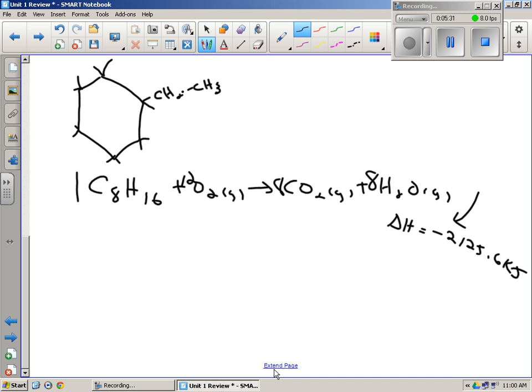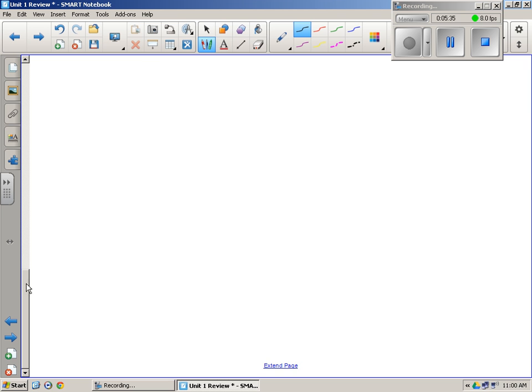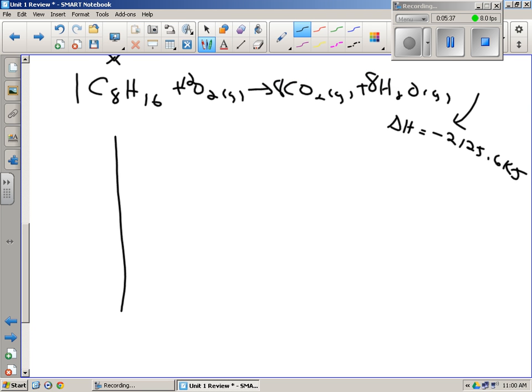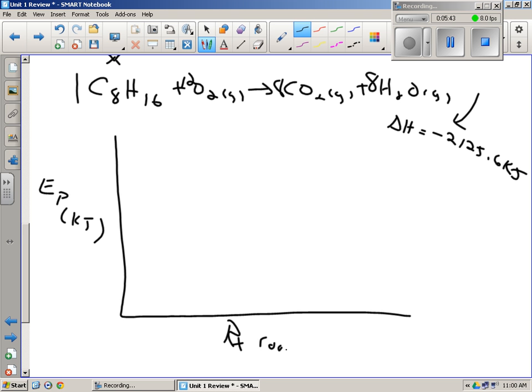I'm going to do a potential energy diagram. Okay, well, a potential energy diagram looks something like this here. All right, so potential energy, kilojoules, the reaction coordinate, basically, you know, time usually is something we put there. So you're going to start with this graph, exothermic reaction, negative, high or low? High, the correct answer. So we're going to put our reactants here, we're going to drop down a little bit,